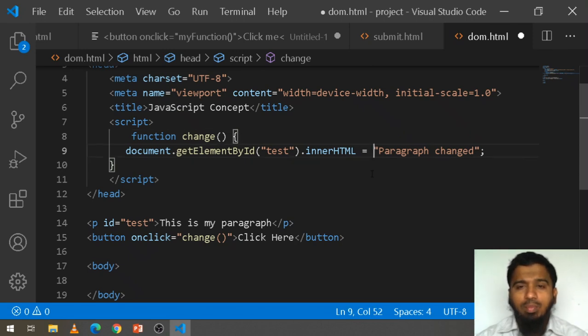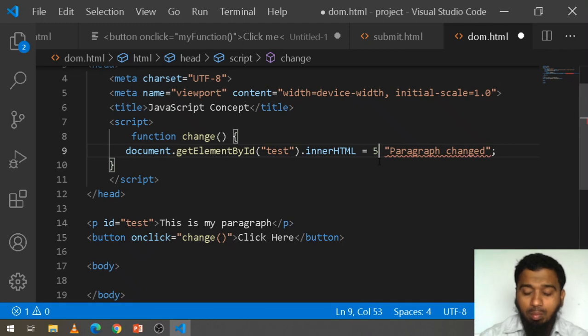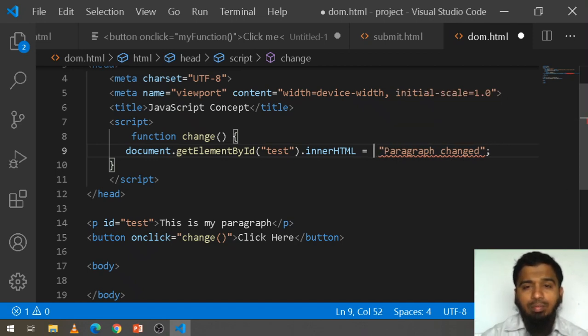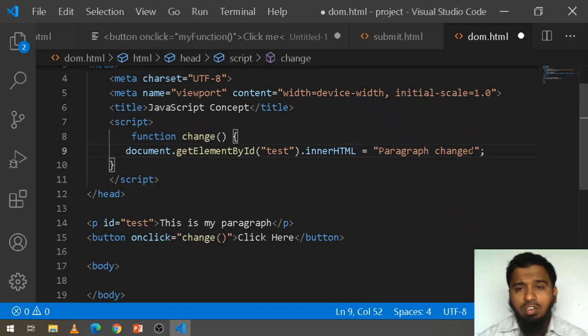If you have something like addition or subtraction, for example 5 plus 5, there is no need of double quotes. So here, if we write paragraph changed with the change,